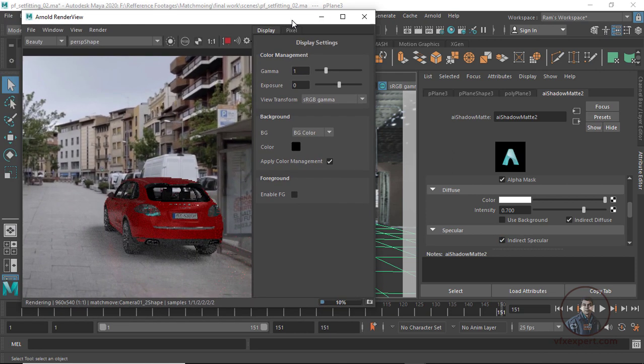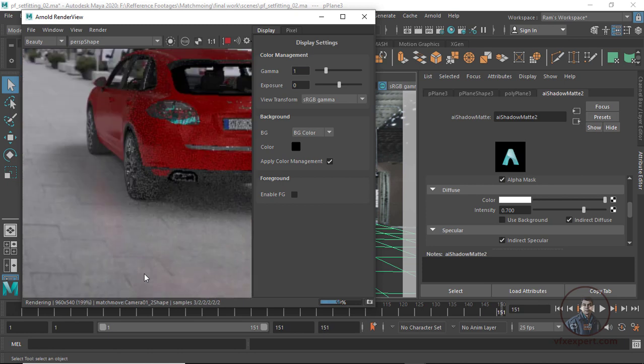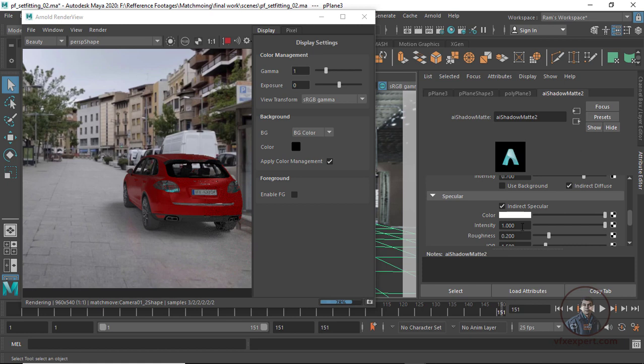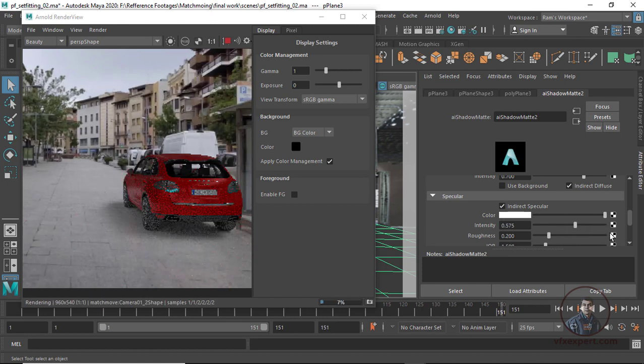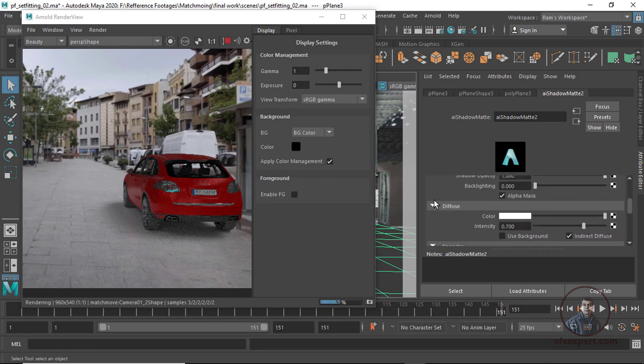So here if you notice, you will see a little bit of reflections, car reflections on your ground. Okay, a little bit of red colors are here, if you notice this thing. But this is not a reflective surface. Okay, so if you want, you can switch off this one, or you can adjust intensity also. Okay, so this is important, because it depends on your surface. So this is important, two parameters, specular and a little bit also diffuse.